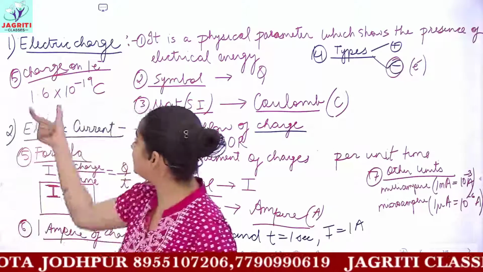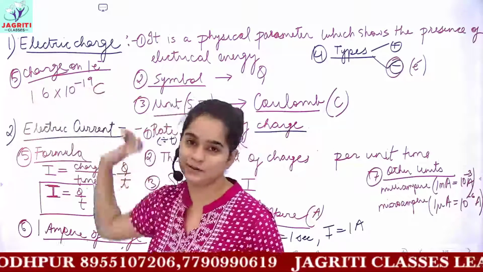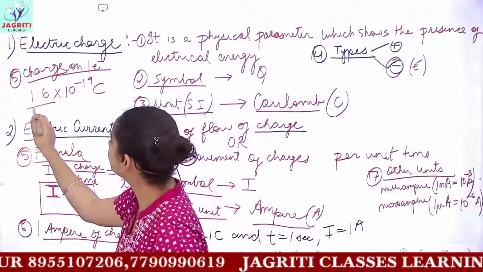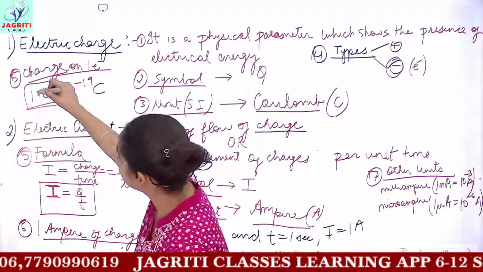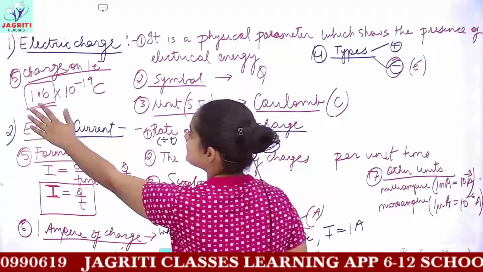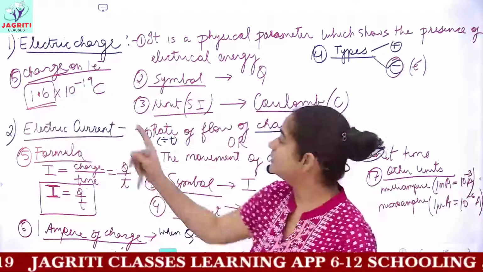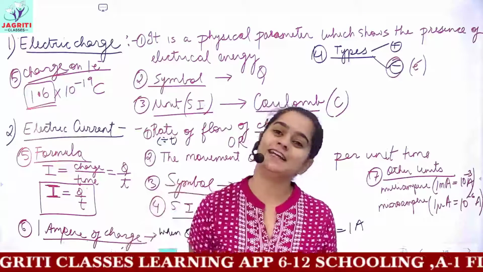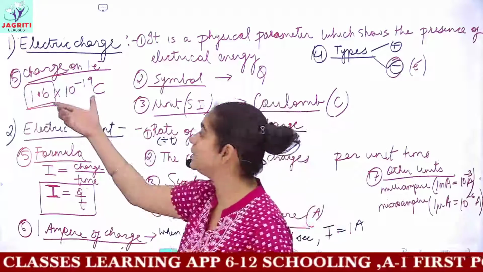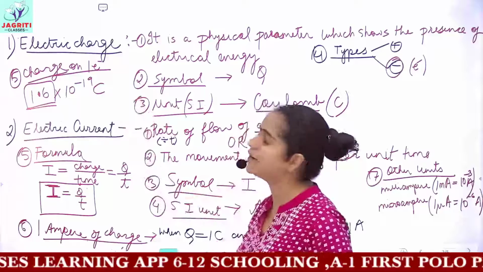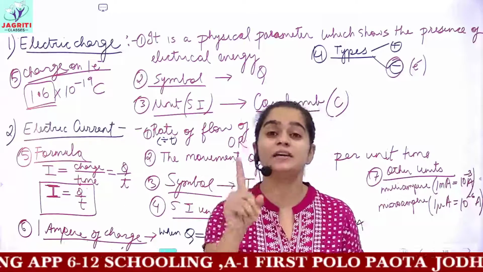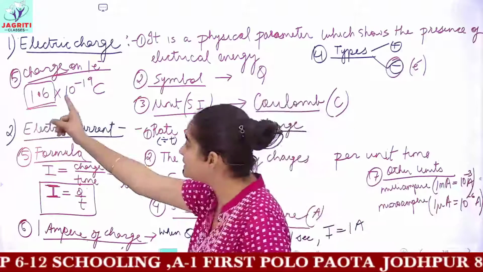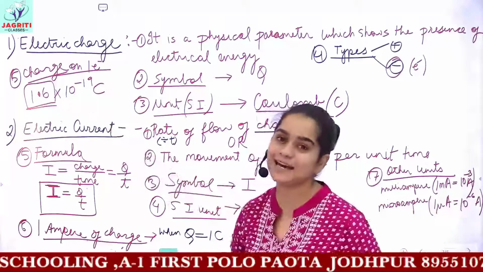So you can remember here as 1619, okay, that in your numerical value you have 1.6. So for learning the value, it can be 16 to 19. But put here a point and put here a negative sign. So this would give you a trick to learn the value, and you can learn it yourself. That is, charge on each electron, charge carried by one electron is 1.6 into 10 raised to the power minus 19 coulombs.